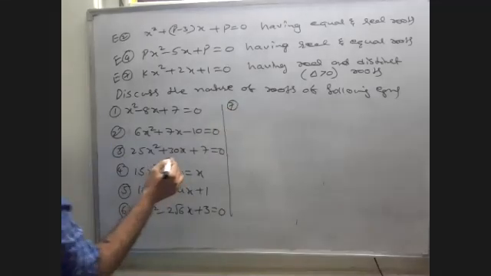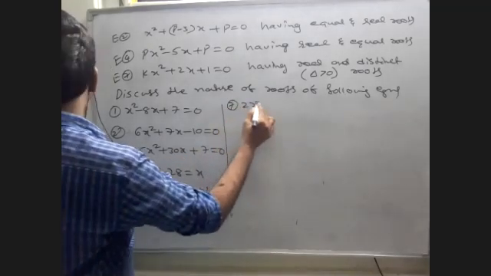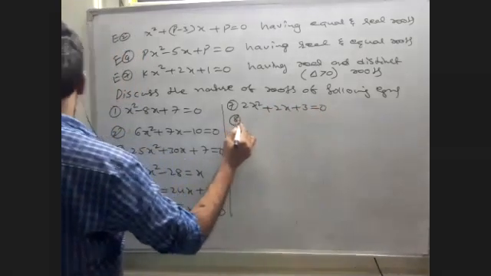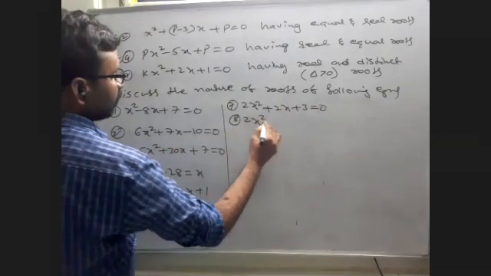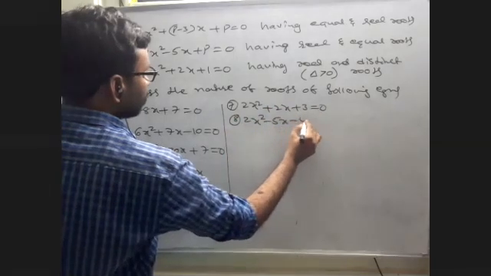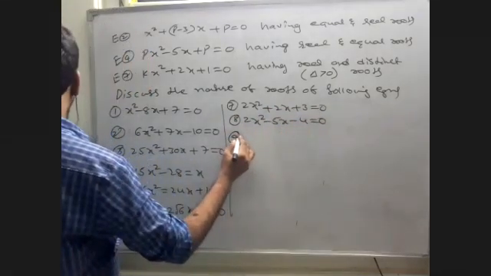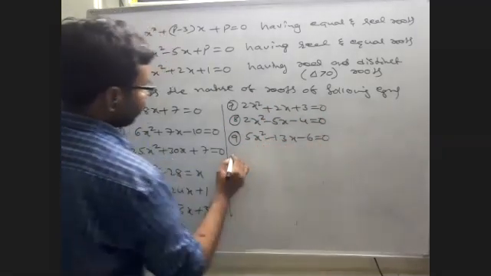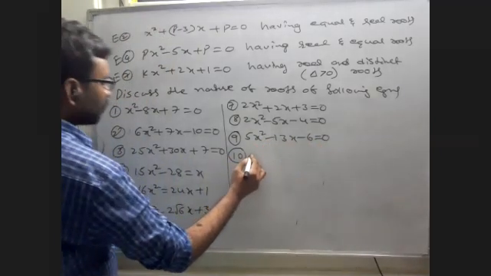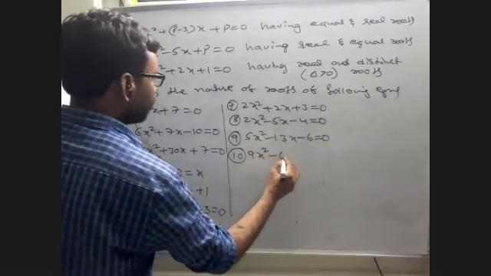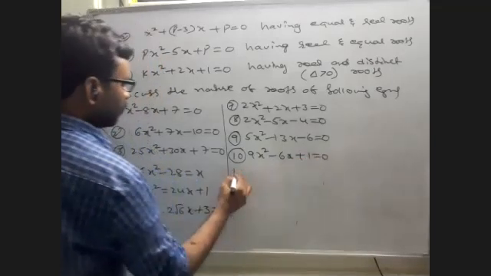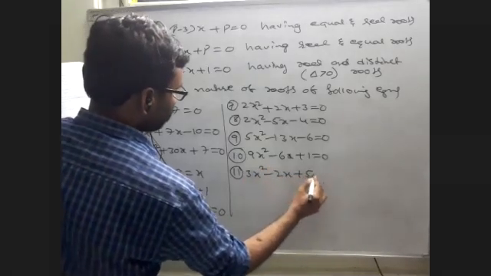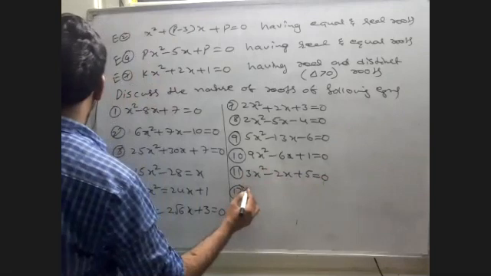Seventh one, 2x square plus 2x plus 3 is equal to 0. Eighth one, 2x square minus 5x minus 4 equal to 0. Ninth one, 5x square minus 13x minus 6 is equal to 0. Tenth one, 9x square minus 6x plus 1 is equal to 0. 11th one, 3x square minus 2x plus 5 is equal to 0. 12th one, x